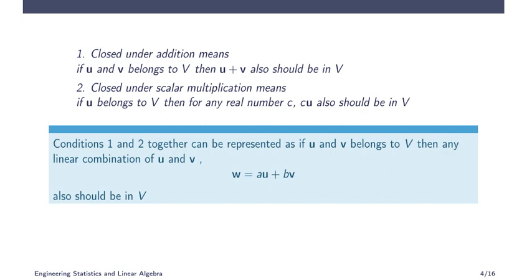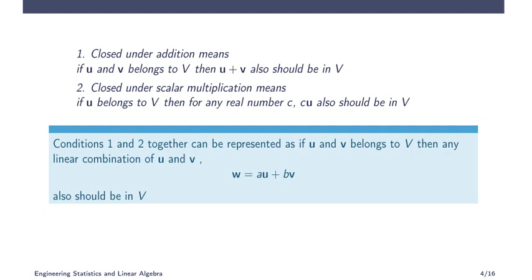For example, we can consider a number as a vector. For example, real numbers as vectors: if you take positive numbers, is that a vector space? I am giving an example. Positive numbers are only considered as a vector space. Then if you add them, the result should be in the same. So if you add two positive numbers, you will get a positive number. So positive numbers are closed under addition.